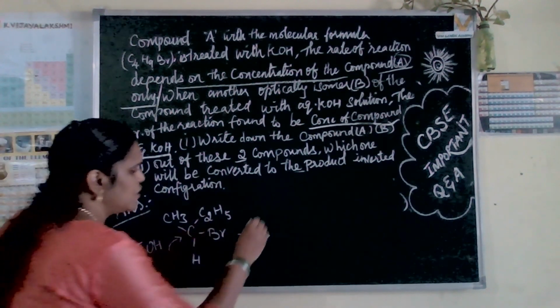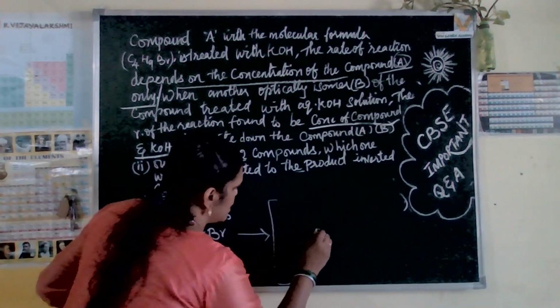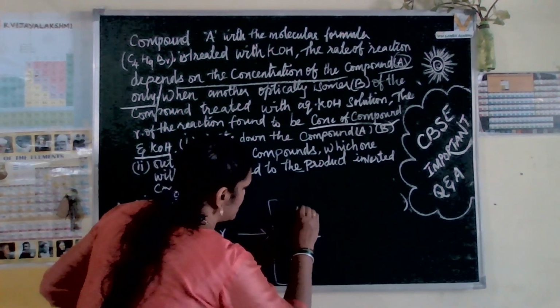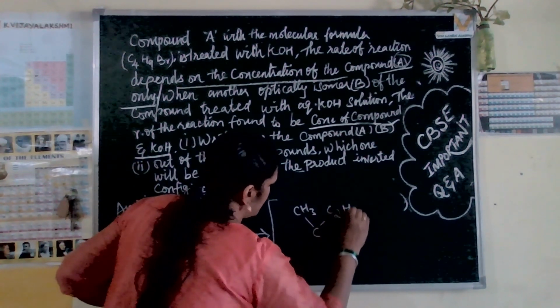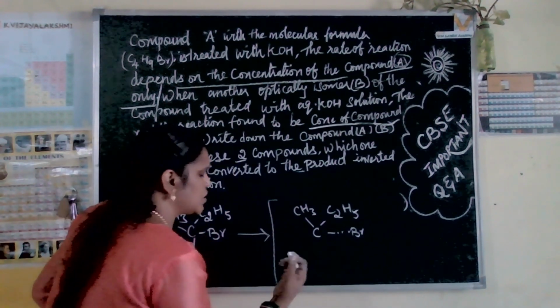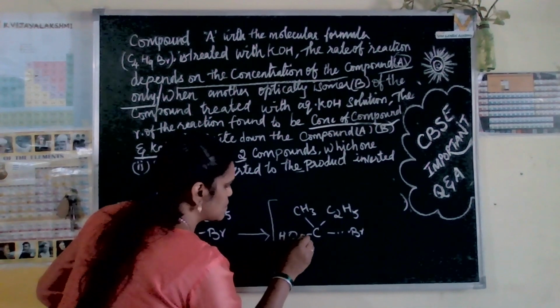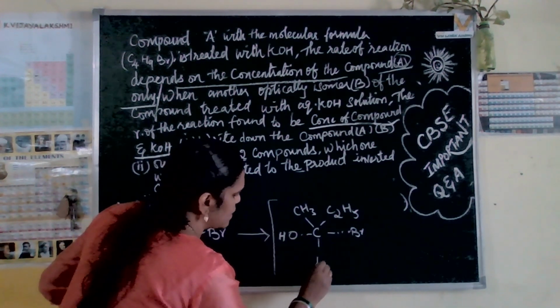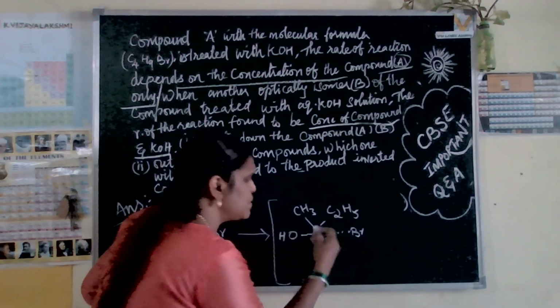You have gone through this, right? Now you will get the transition state. What is the transition state? Here the carbon is connected with CH3, C2H5, and Br, which is weakened, and here the OH minus ion. The carbon connected with the hydrogen will be stronger and the carbon-bromine bond will become weak in